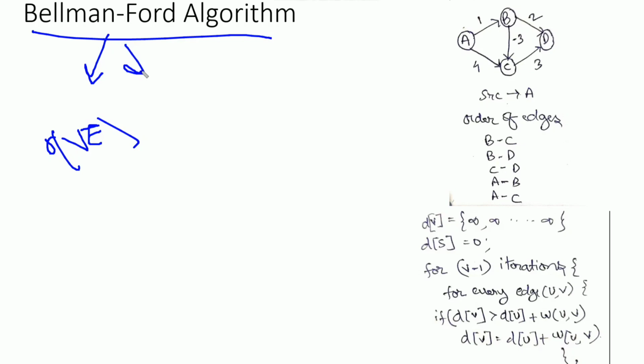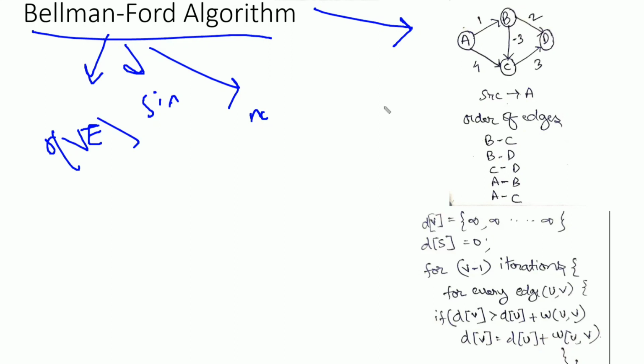It is used to find the shortest distance path from a single source to all other vertices. So it's known as a single source shortest path algorithm. And next application is that it is used to detect negative weight cycle. So Bellman Ford algorithm does not give a correct answer if there is a negative weight cycle. So if there is a negative weight cycle, this Bellman Ford algorithm will report to the main system that there is a negative weight cycle, so that the main system can remove that network which is making